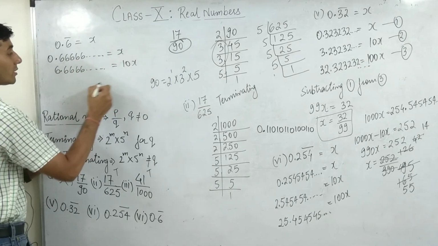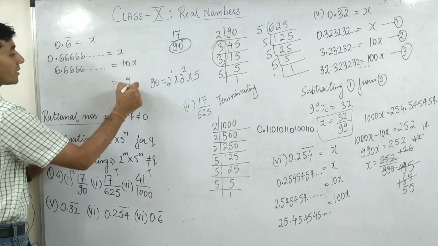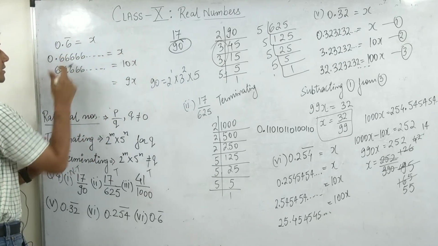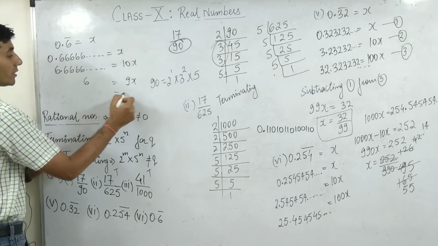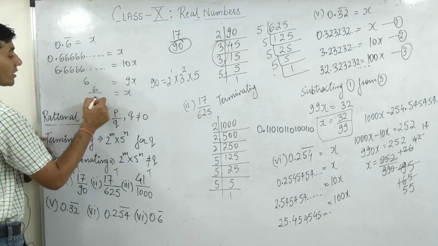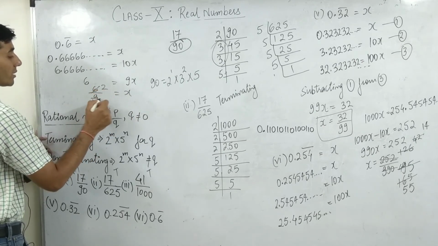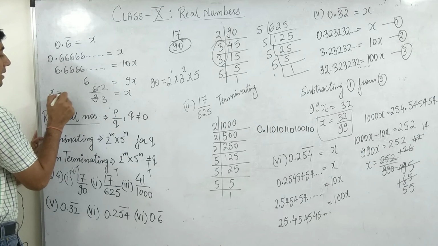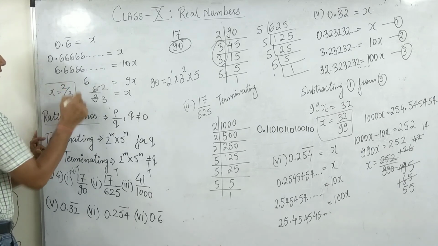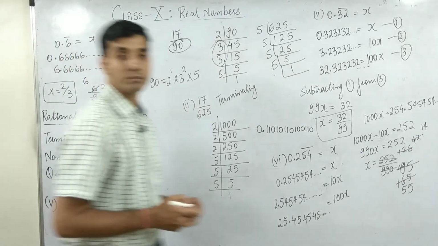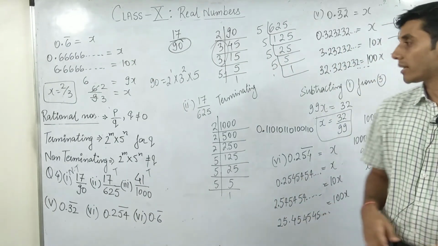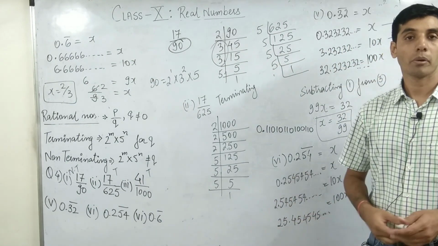This minus this कर दो. So 10x minus x is 9x and this minus this करूँगा तो यहाँ पर आएगा 6. So x should be equals to 6 by 9. 3 2s are 6, 3 3s are 9. So x should be equals to 2 by 3 and that's all is the answer, guys. It's done and that's it. So that's how you are going to solve it.